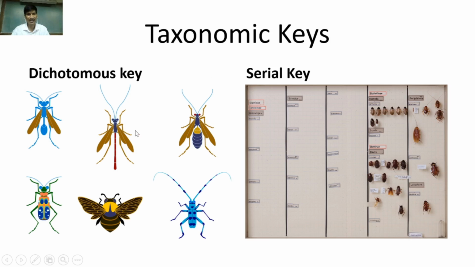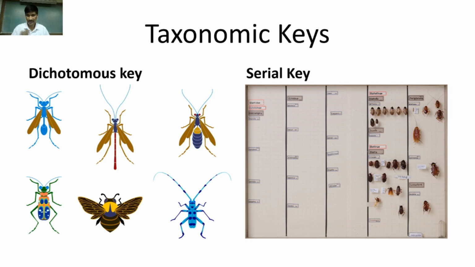Similarly, we see the wing patterns, the length of the wing, the wing structure, the wingspan. The animals are put in different categories. Using different characters, the dichotomous key works like this: if the abdomen is oval, put it in one category; if the abdomen is not oval, put it in another category. The abdomen is slender or not slender. The character is present or absent. That type of key is known as a dichotomous key.